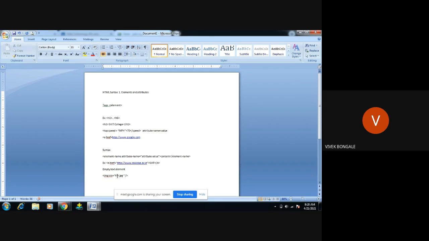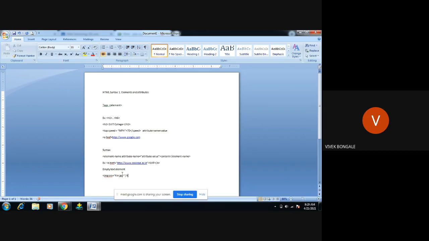It will just take this file.jpg and display the image, but there is no other content or attribute to display along with it. It will not display any content.